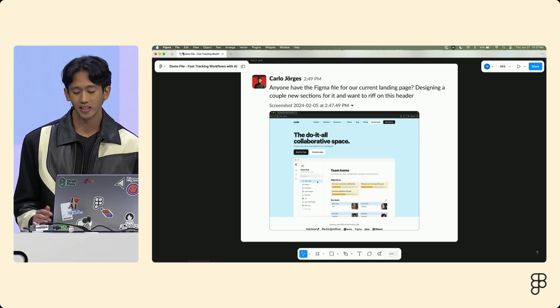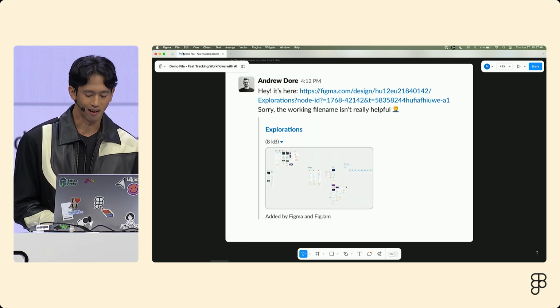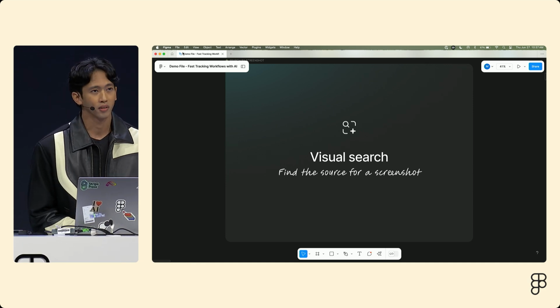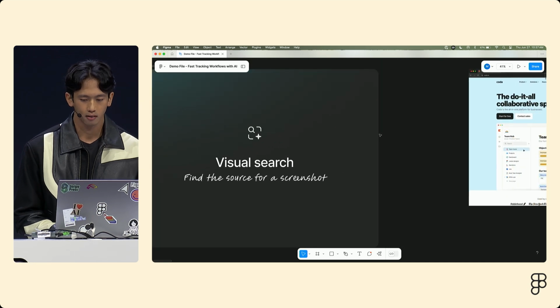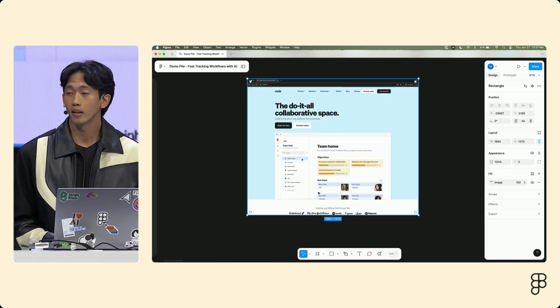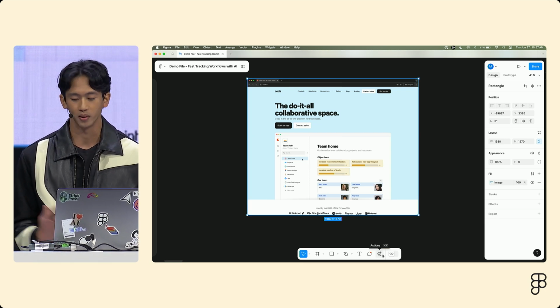And that can be a little thrashy, and by the time the person actually has the answer, it's half a workday lost. With visual search, you're now able to find the source for a screenshot right in the Figma file. So we can pan over here, and I have that screenshot from Carlo's work. And instead of having to upload this to Slack, what I'll do is go down here to our beautifully redesigned